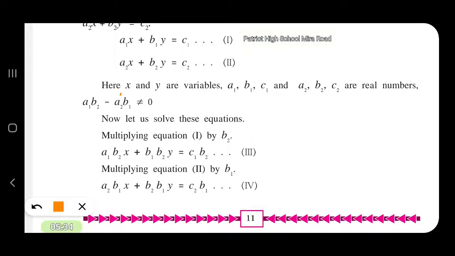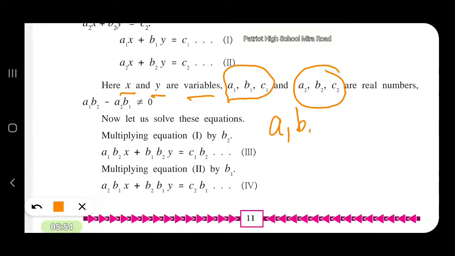Here x and y are variables. x and y have to be variables. a1, b1, c1 and a2, b2, c2 are real numbers. These are the real numbers. And the product a1 b2 minus a2 b1